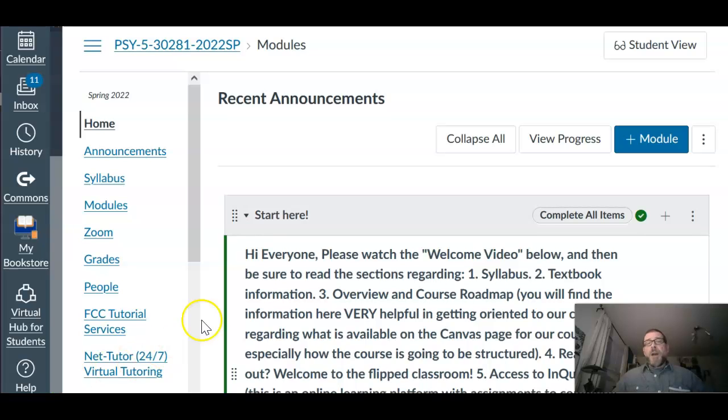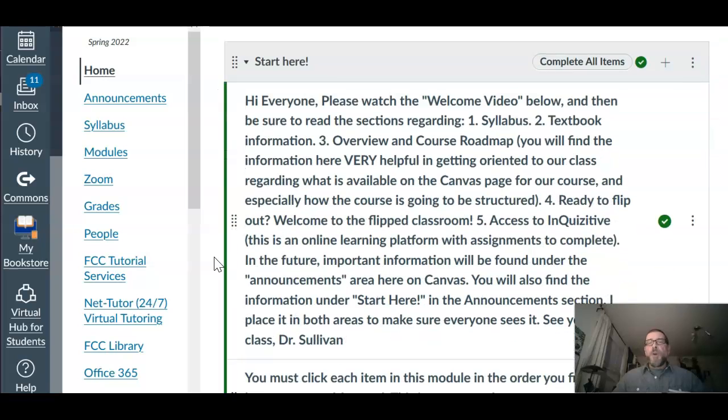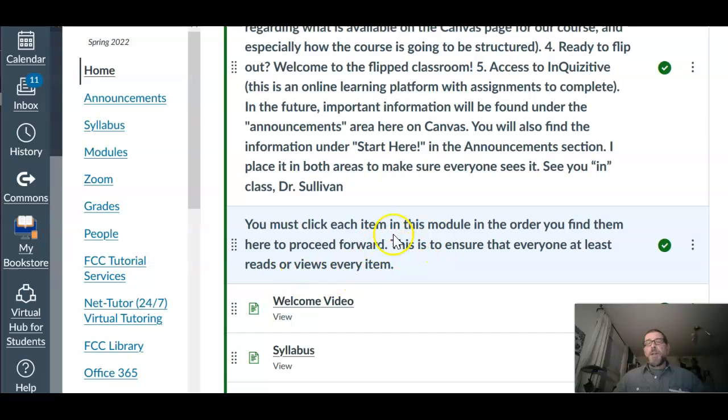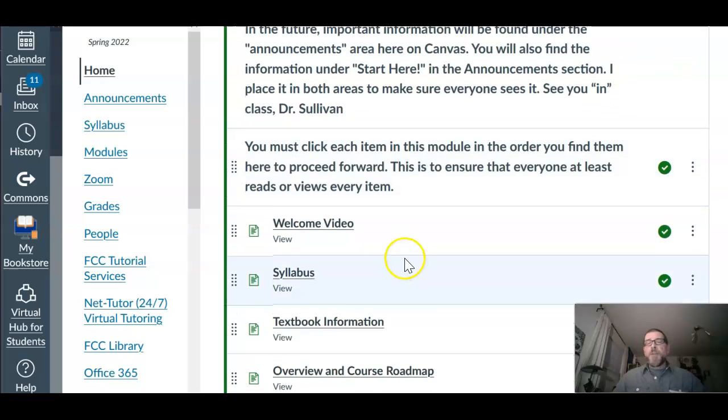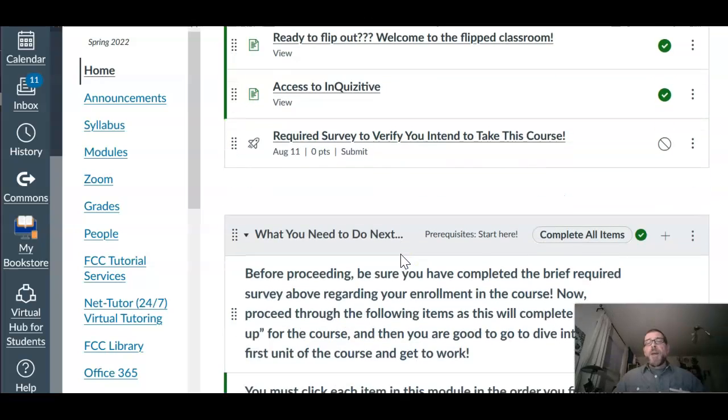But just a reminder that when you go to our course page the first time, make sure you work through the Start Here module. Make sure that you follow the direction here that you have to click each item in the module in the order you find them to move forward. You will get a little green check mark, which will look different than the green check marks here. That's kind of like a digital Hansel and Gretel trail, so when you go back into the course page, you can see where you've been and where you haven't been by using the presence or absence of those green check marks. So make sure you go through everything that's there in the Start Here module, and this next module,